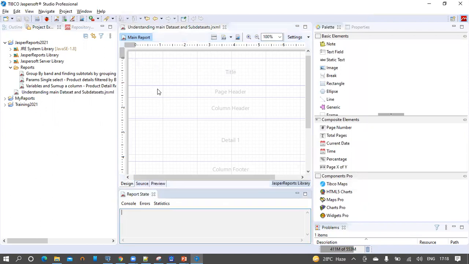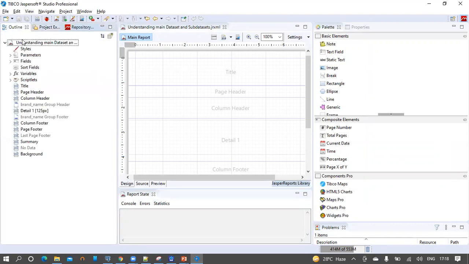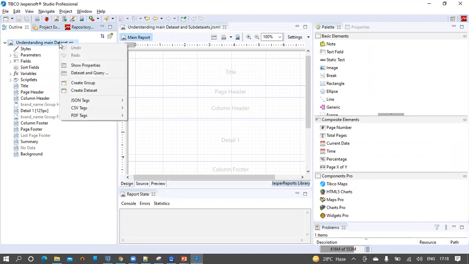As we finish creating a report, we by default created a main dataset. We can see the main dataset from the outline. Then select the report name, right click on it, then click on Dataset and Query. So this is nothing but the main dataset of the report.